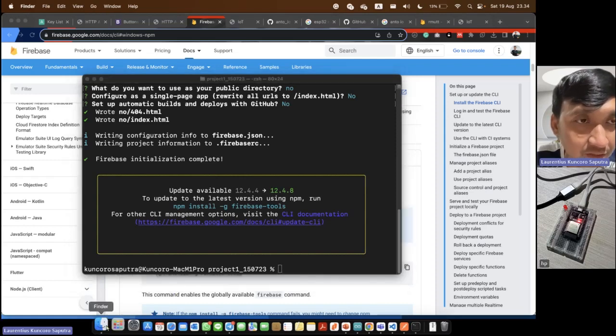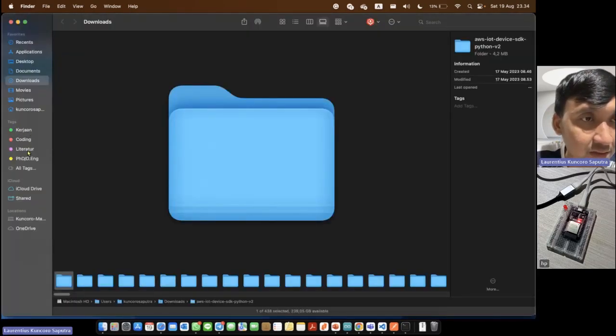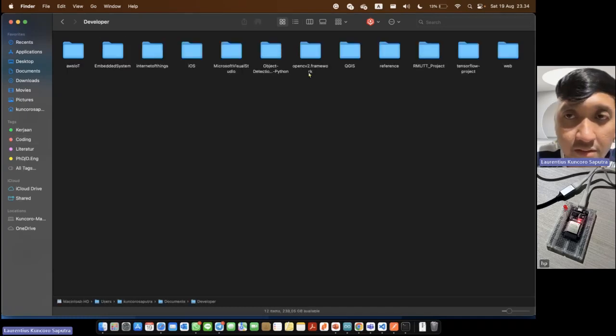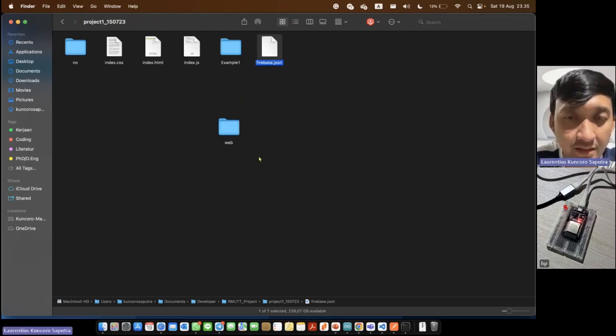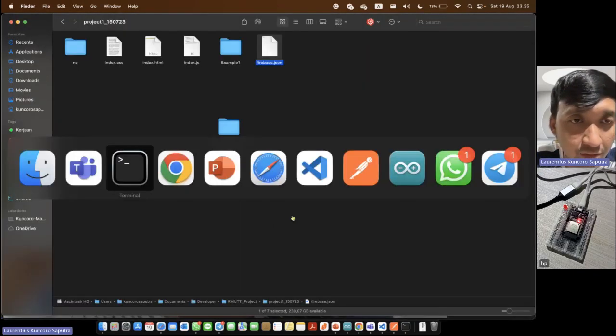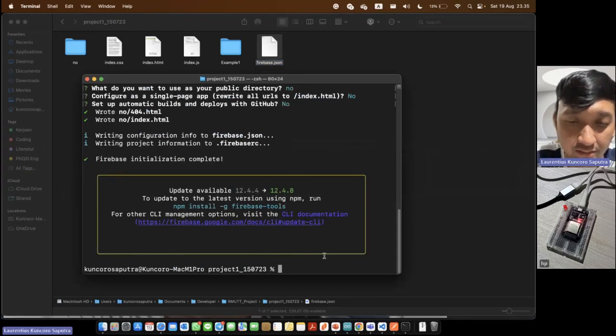So we can check the directory, maybe in developer, I think, RMUTT project 1. So we can see the Firebase here. Yeah. Firebase JSON means this project is already configured with Firebase init. And also we can go back again and we should cd